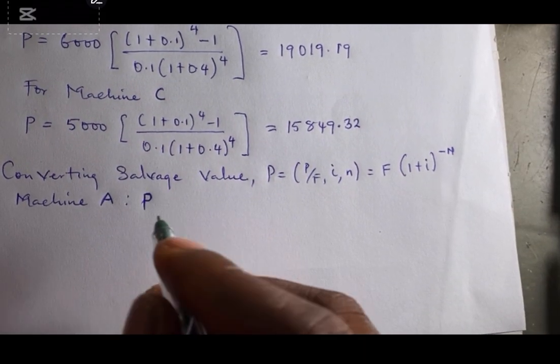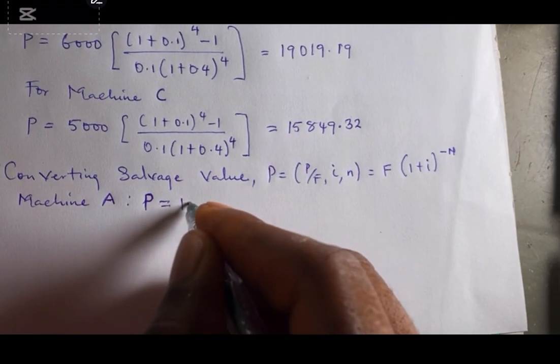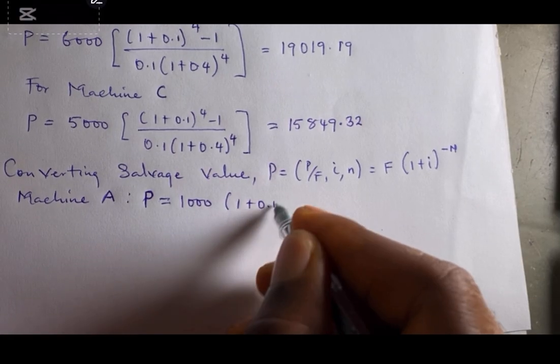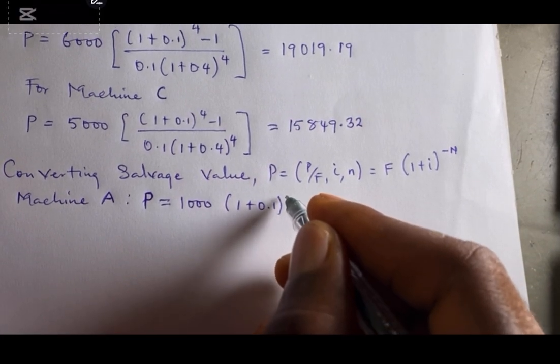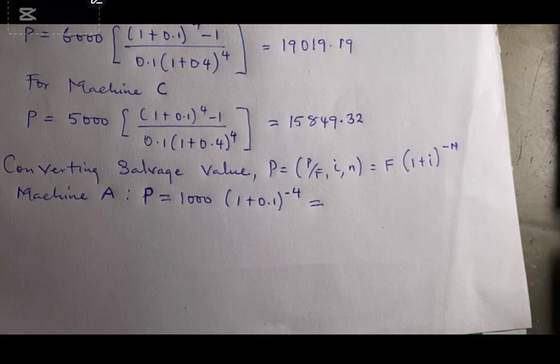For machine A, the present worth of the salvage value is equal to 1,000 into 1 plus the interest raised to power negative of the service life, and this is equal to